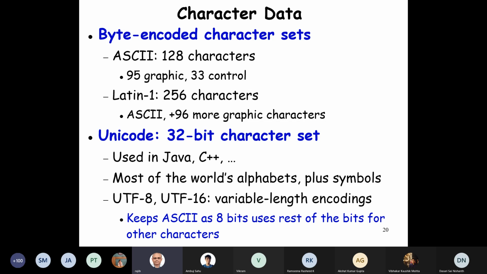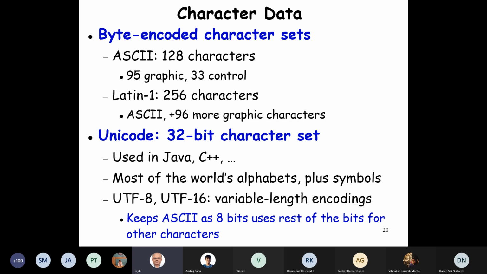languages. But does Unicode make it incompatible with ASCII and Latin? Because remember, all old programs had only ASCII, 1 byte, 8 bits.